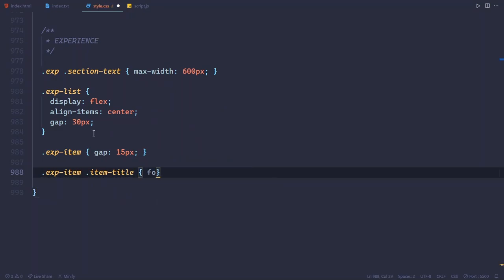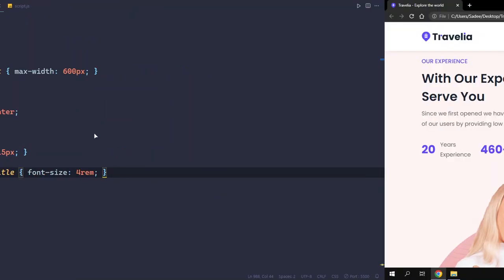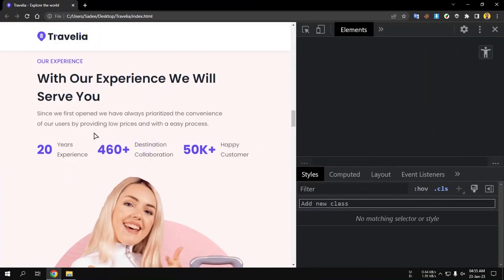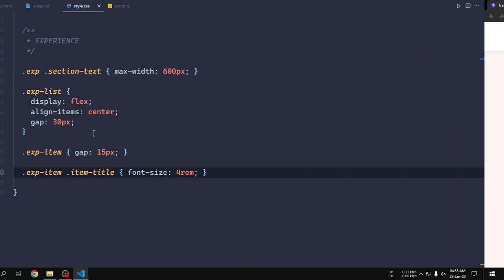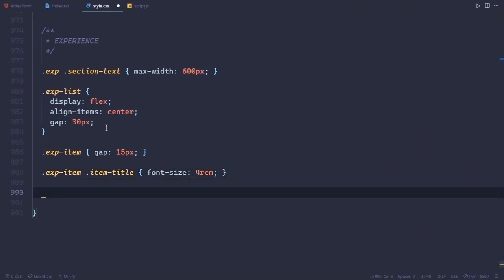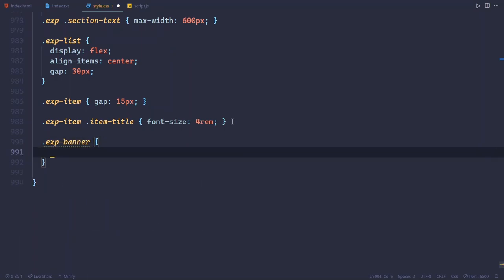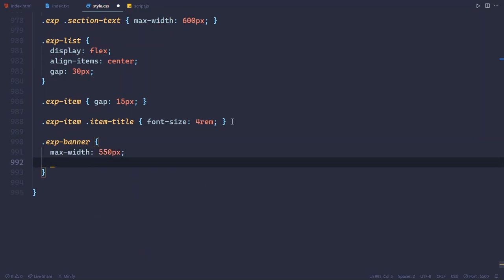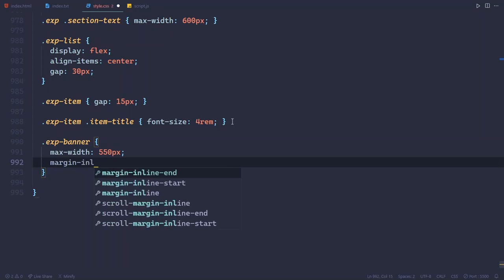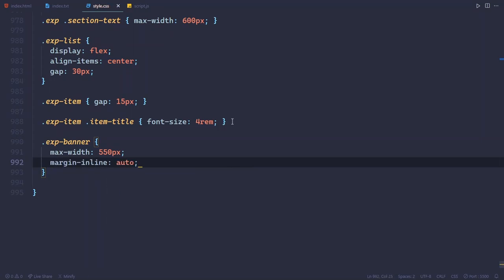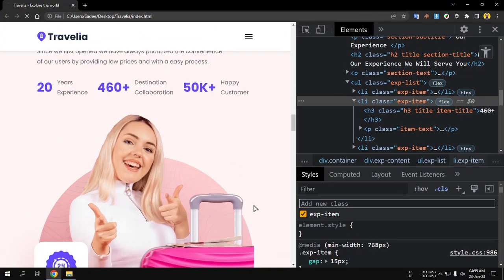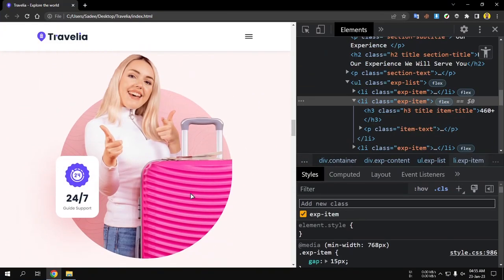Alright, after that select the item title inside the experience item and increase the font size to 4rem. Right, like this, and then select the experience banner, increase the max width to 550px and margin inline will be auto for centering. Right,